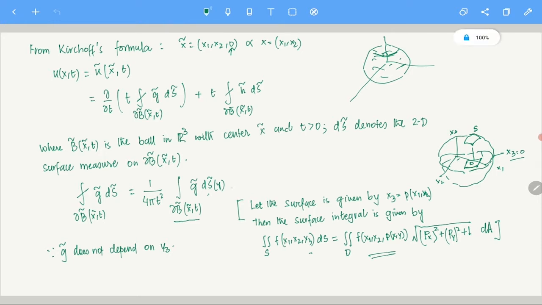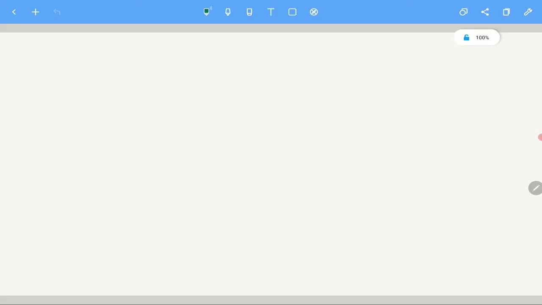If it does not depend on y3, then this integral, you can break it up into two hemispheres, the upper hemisphere and the lower hemisphere. Yes, you can break it up into two hemispheres. So from 3, what I can write is this. I will write it as 2 times this particular integral. It's not on the boundary of B tilde, but now it will be on the base for x3 equals 0. So let me write it from 3. From 3 we have